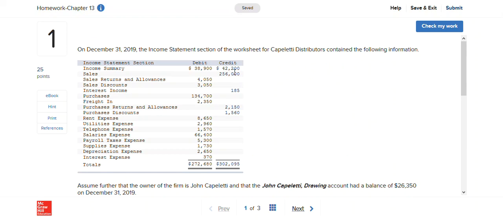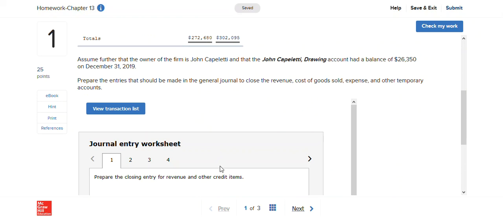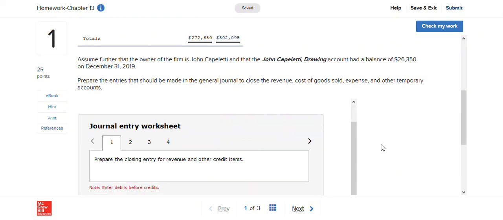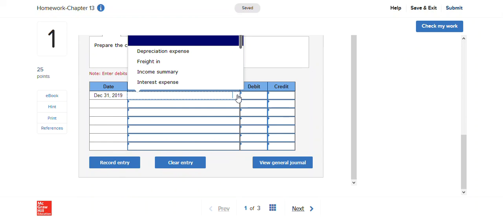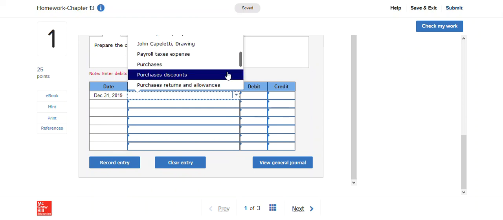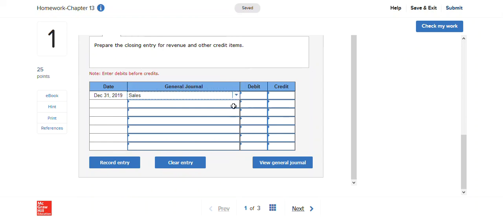So you're going to start with the sales account, which is a credit account, and then here we have another income account, which is interest income, and then we have purchase returns and allowances and purchase discounts, and those two fall in that other credit items. So we've actually got 4. If they have a credit, then we're going to debit them to get rid of them. So we've got sales